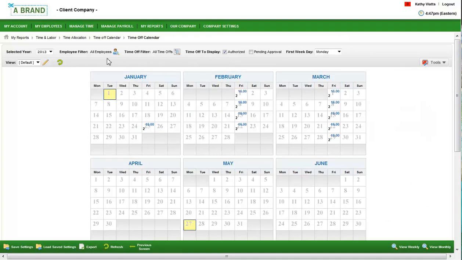Now, like every other report in our system, there are filters on the top. So if you feel that somebody is abusing their time off privileges, you can filter this report by that person to view their time off patterns. Also, this report can be set up as a company-wide report that employees can access prior to submitting their time